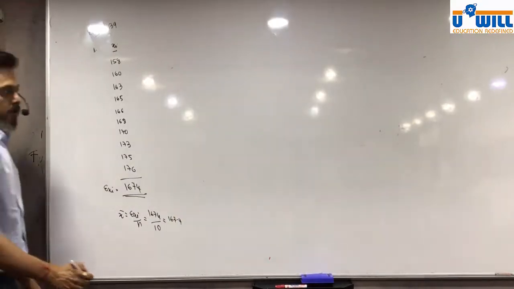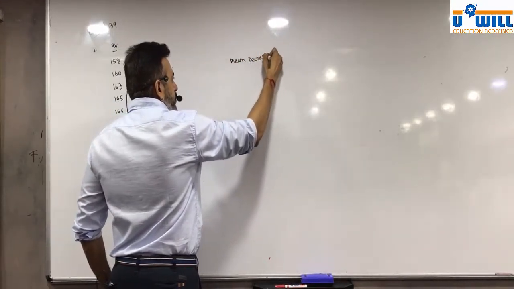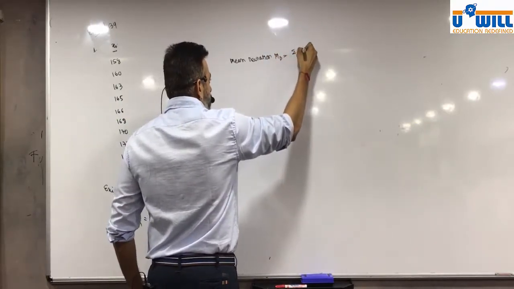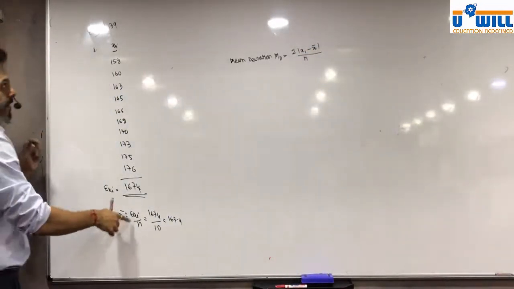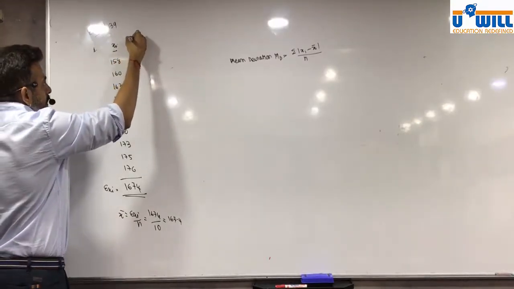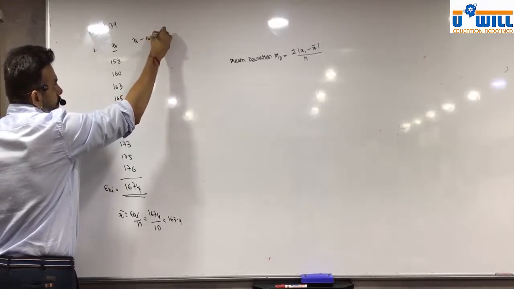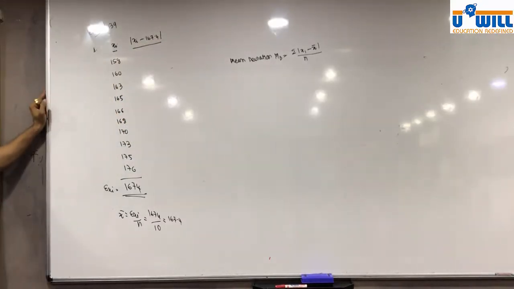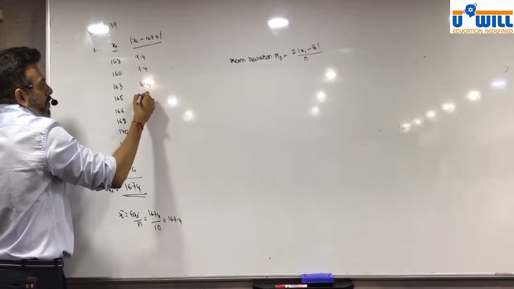Now, the formula for mean deviation is equal to sigma modulus xi minus x bar upon n. Now, x bar we have found. These are xi. So now we have to find out xi minus x bar. X bar is 167.4 modulus. That means there will be no negative signs. Whatever is negative, we have to ignore. Ignore the negative signs. 9.4, 7.4, 4.4, 2.4,